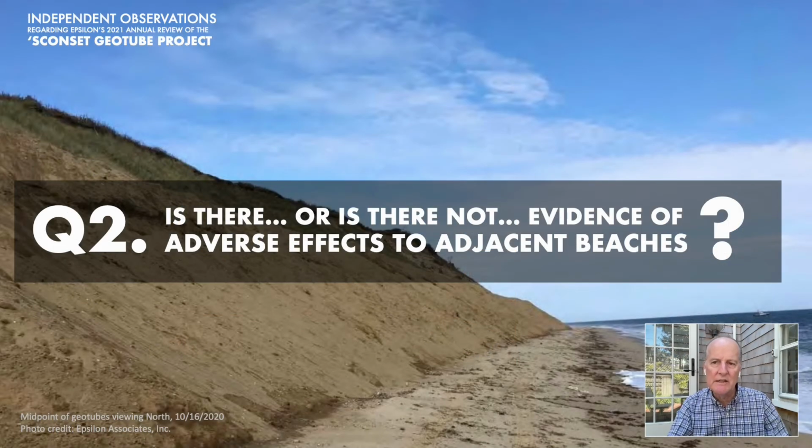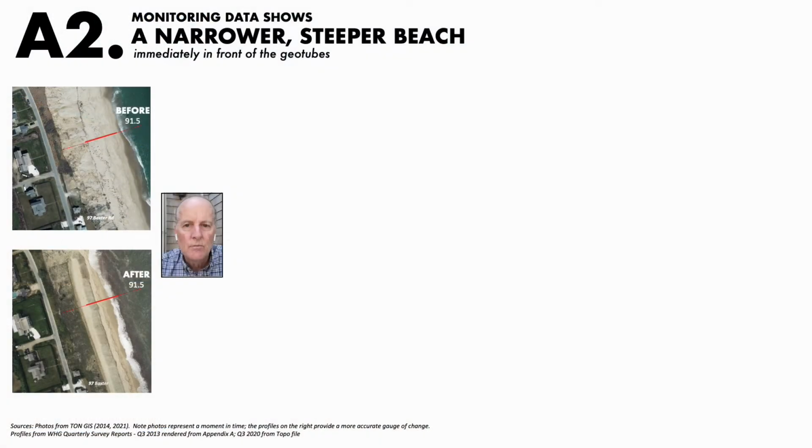Now for the second question, is there or is there not evidence of adverse effects to adjacent beaches? The answer to this question is quick and I believe pretty much beyond debate. The beach has narrowed significantly in front of the geotubes. Once again, using Transect 91.5 at the northern segment of the geotubes, we see unmistakable signs of a narrower, steeper